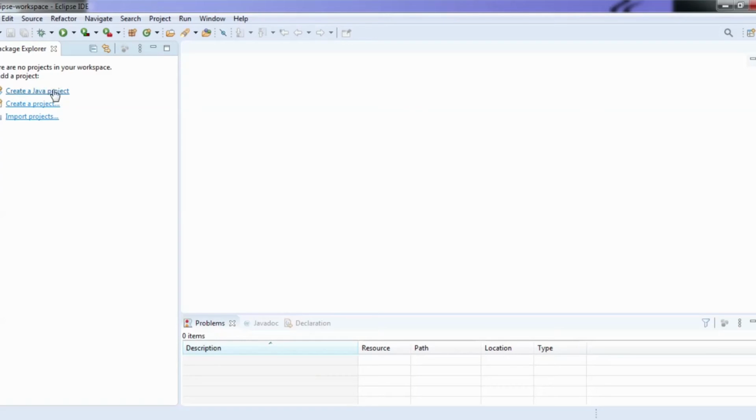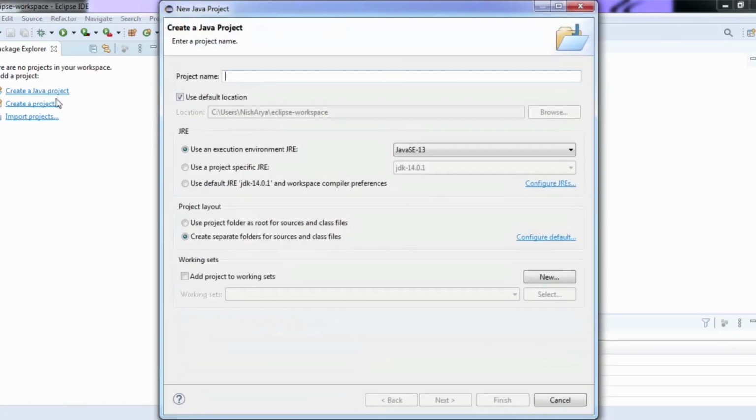So I will show you one sample demo project, meaning how you can create a Java project. Just click over there, and here you can see the project name, and you can give any name to your project, according to your requirement. And here you can see that the Java runtime environment is already set, because without installing Java you cannot use Eclipse for Java. So your computer must have Java installed. Now click on the next button,